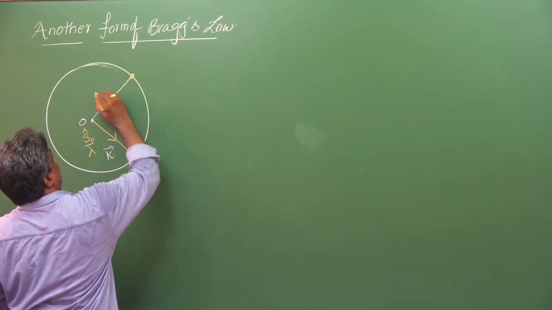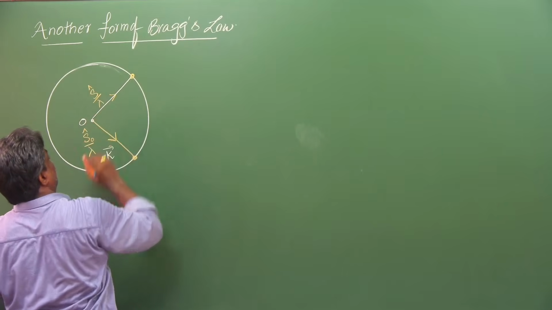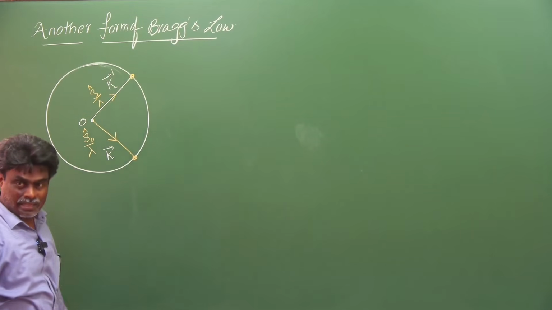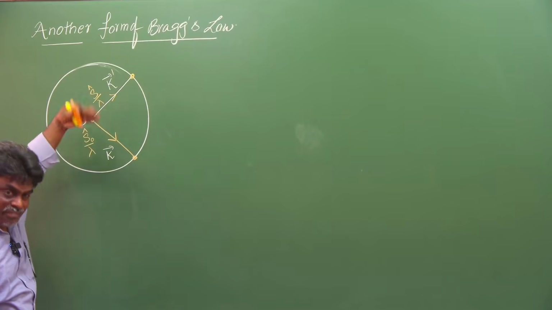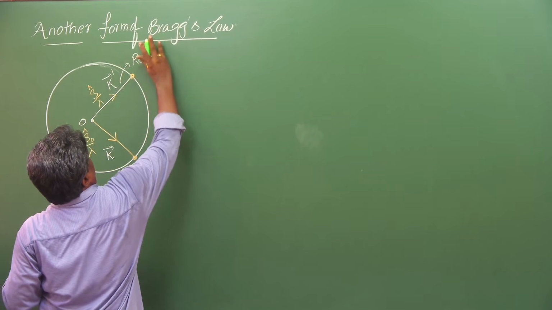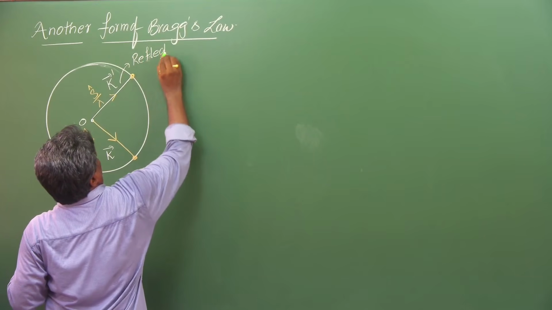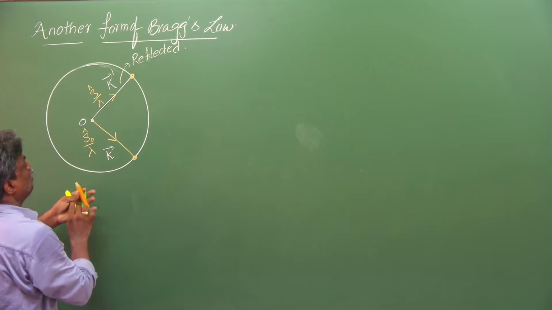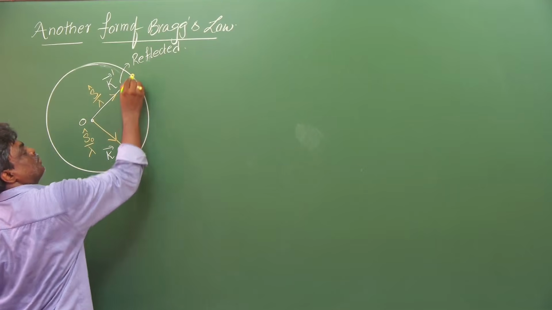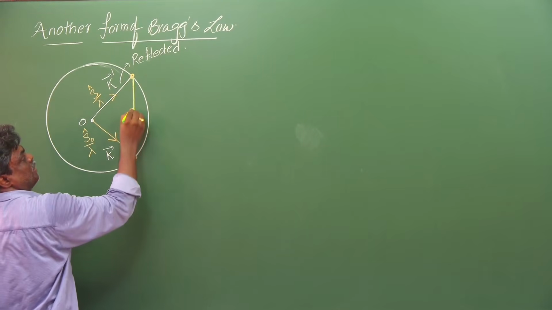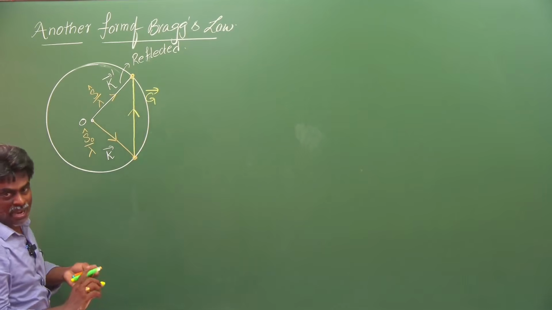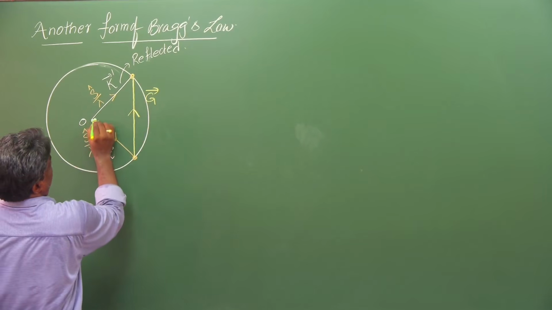This is nothing but what? Now I am assuming this vector as k prime. That is reflected, reflected or diffracted, whatever it is. Listen. Now you are checking whether there exists a diffraction or not. That means you have to join these 2 points. Just now I discussed, so this must be a valid reciprocal lattice vector. And if you join this,